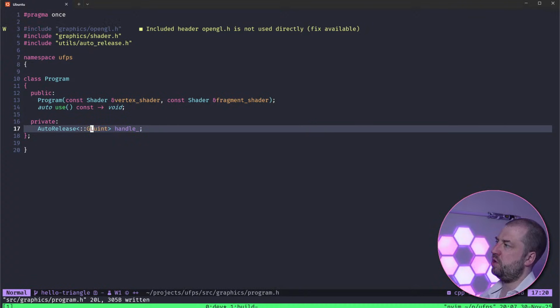That's basically all you need for the program. Obviously, if we wanted to have some sort of interface for setting uniforms and stuff like that, we could build that out here. But for now, I'm kind of happy to